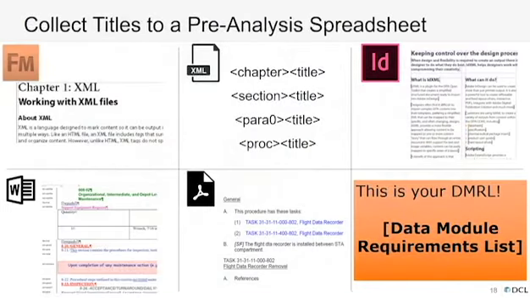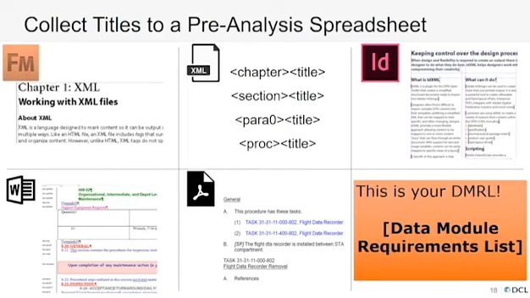So again, one of the biggest goals when preparing the data is to make sure that you extract the title into a spreadsheet that in S1000D will act as a preliminary DMRL. And that concept of pulling the title to a spreadsheet can and really should be used in any kind of migration to XML, regardless of the standard. And the reason is that it gives you a great picture of how the data will be mapped before you even get into the conversion.